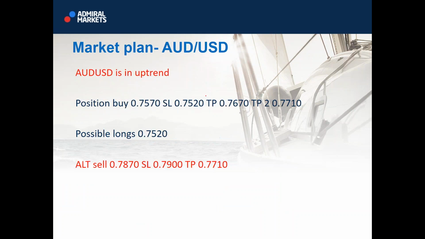Mario, you can enter Australian dollar and Euro dollar, but your risk should be 0.6 to 1% for both of those trades. So divide your risk. If you want to open multiple positions, you should always divide your risk. So don't go with more than 1% overall for these two trades, because there will be probably scope for more.